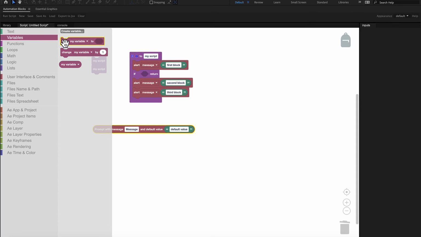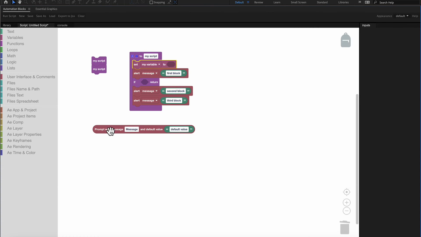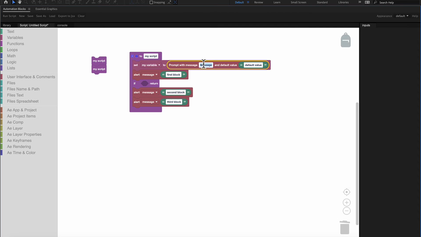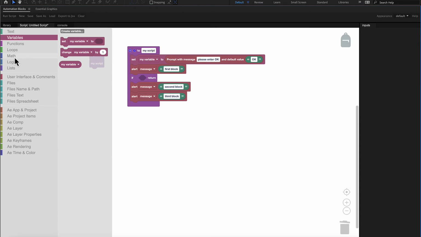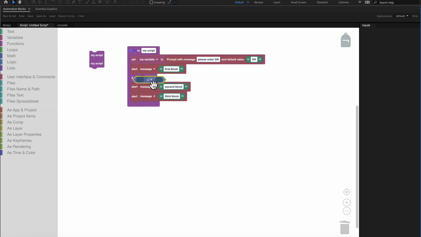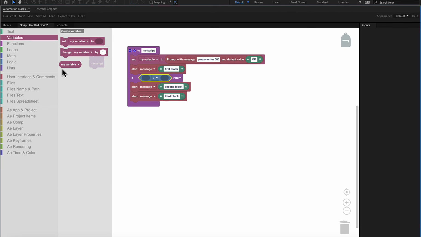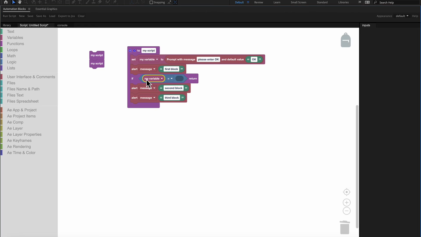I'd make a new variable and store this message, "please enter OK", with default value OK. And now we could put here the condition logic: if my variable equals